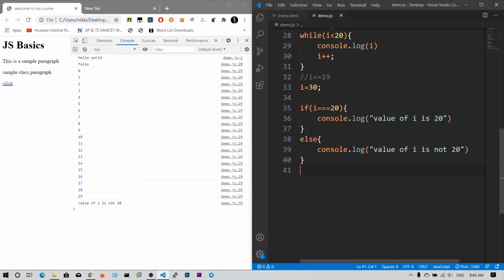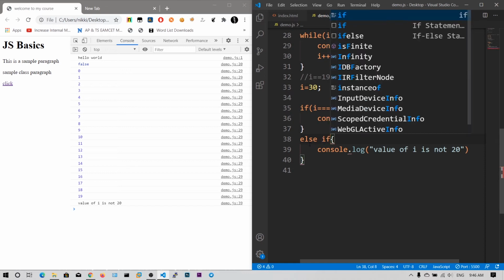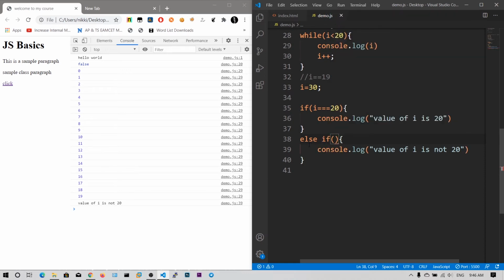So what if you want to check whether it is greater than 20 or less than 20 or equal to 30 or 20? Okay, so first in the condition we have checked the equality, and we can write more if loops, like if else loops, using the else if. You can say else if of condition, and if I greater than 20, we need to say value of I is greater than 20.